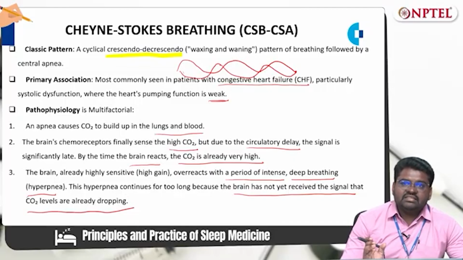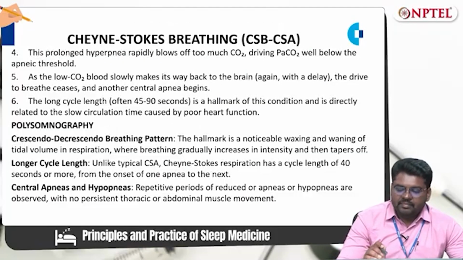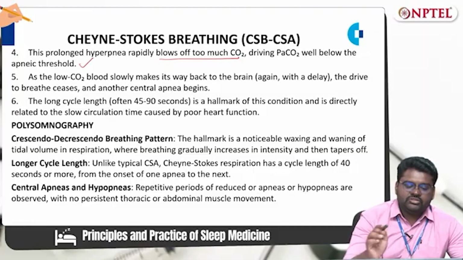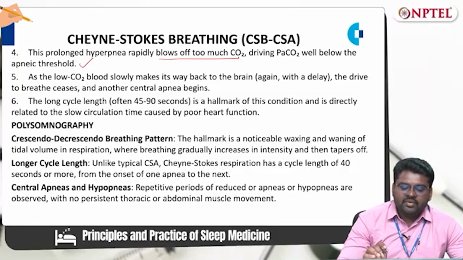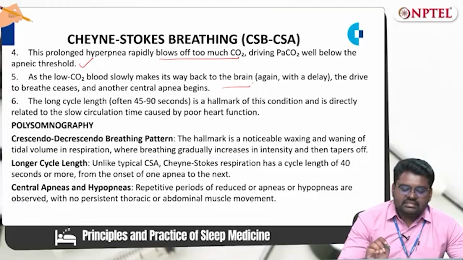Because of its failure, these signals won't reach the brain on time. This prolonged hyperpnea rapidly blows off too much carbon dioxide, driving carbon dioxide well below the apneic threshold. As the low carbon dioxide blood slowly makes its way back to the brain, the drive to breathe ceases and